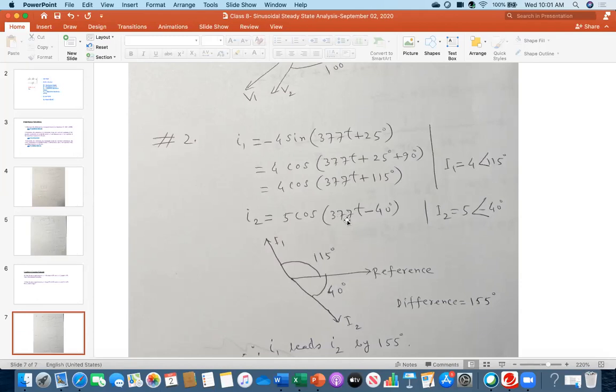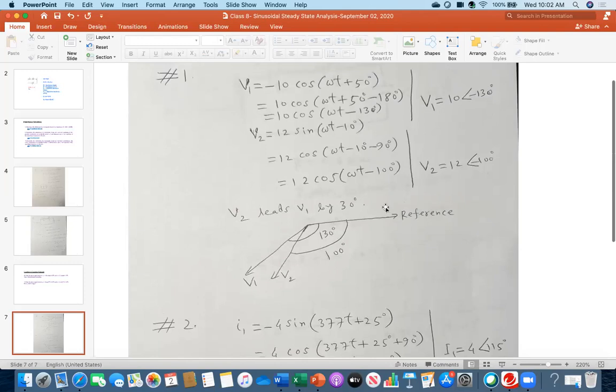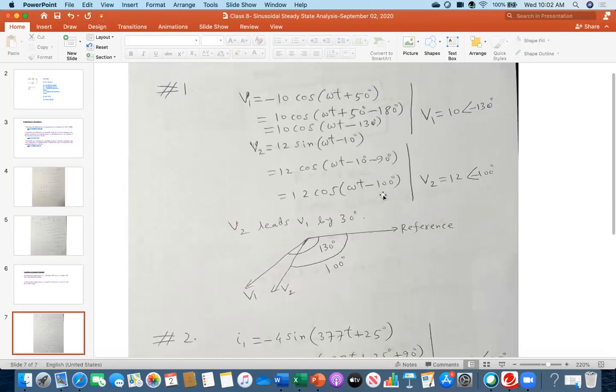No, you see, inside 377, there is omega. This is omega. Yes, so that would be 2 pi f. 2 pi f is already included inside; that is the omega t. So for both expressions, it is the same thing. You don't need to compare that one already. So we don't take omega t into account when we're converting back into polar.